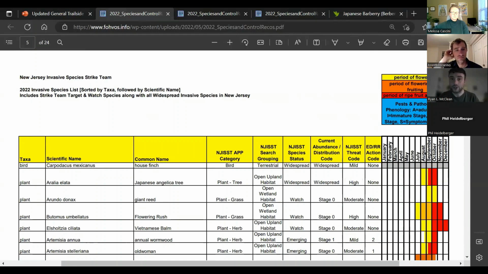So the chart can look a little bit overwhelming at first, but what's important is to know that these colors up here correspond to different months all over here. So yellow will be a period of flowering, orange will be a period of overlap between flowering and fruiting, and red will be that period of ripe fruit availability. So if you're looking for Japanese barberry, for example,